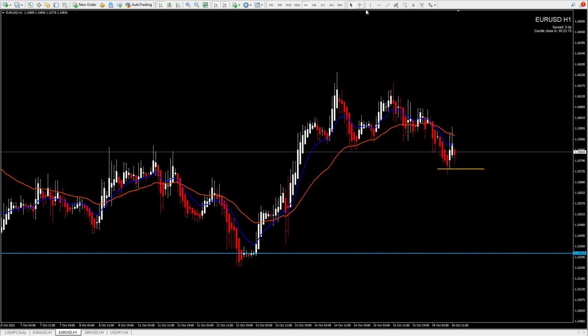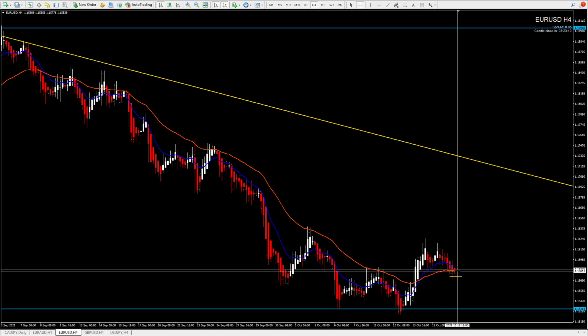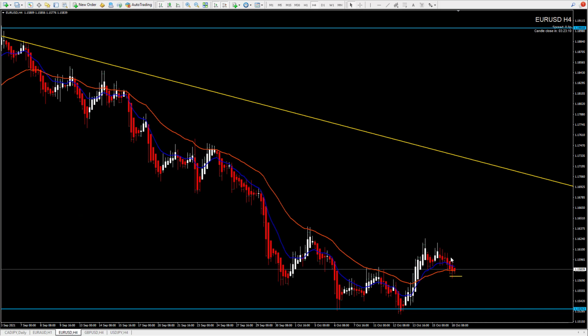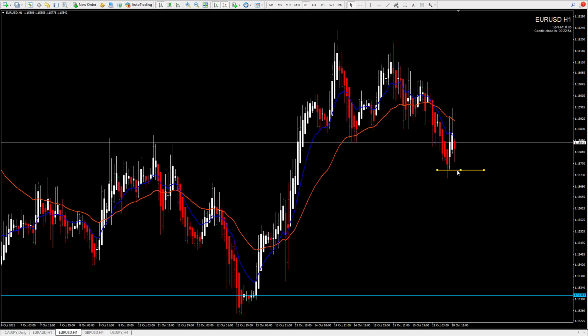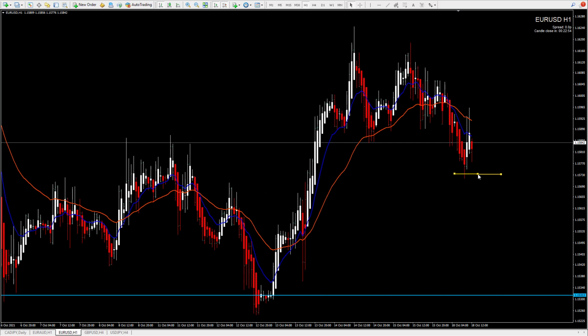Why is that? Because on the 4-hour chart, the 36 EMA, as you see, price is sitting on it. So the 4-hour chart is giving us an opposite signal right now. It's giving us a buy. We don't have this confluence between time frames. So we really need to wait for price to break those lows,